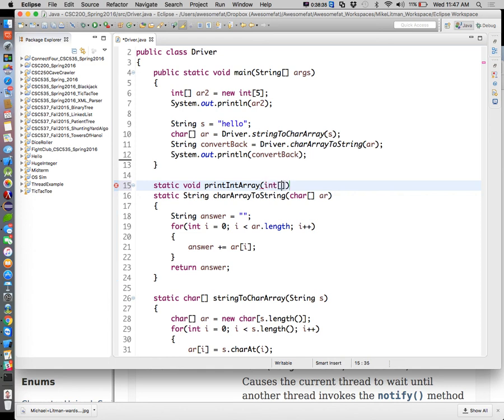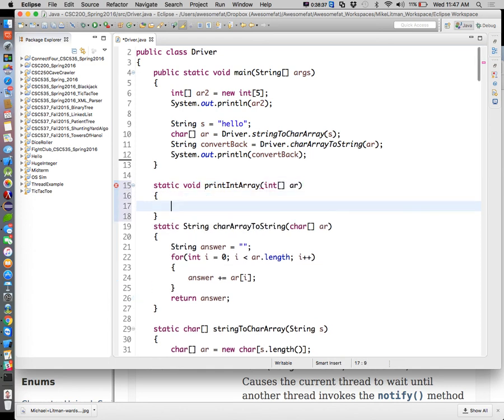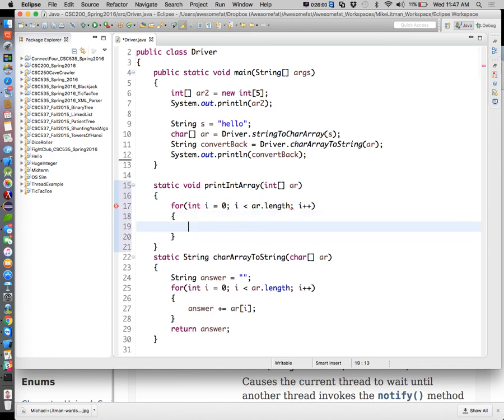And this guy is going to take in an integer array as a parameter, and he's going to go through and print out the contents of that array all on one line. We'll just put a space between each character. That'll make it easy for us to visualize the contents of an array. So we'll go ahead and say for int i equals 0, i less than ar.length. That is the number of elements in the array that was sent to us, regardless of what kind of array it was. i++,